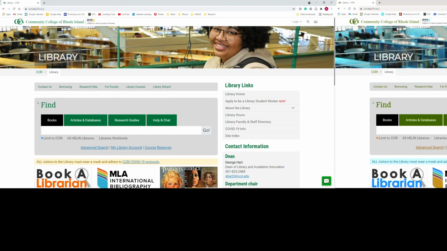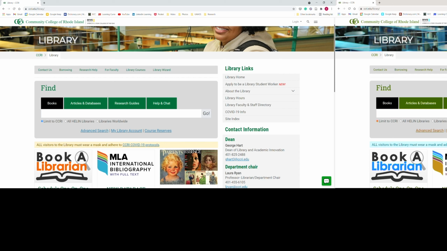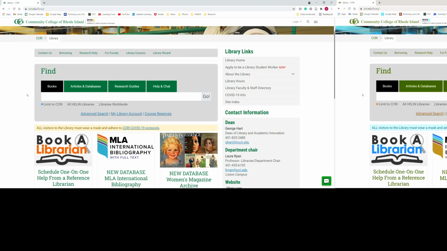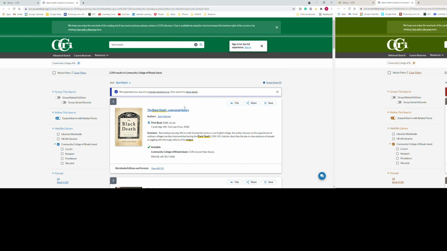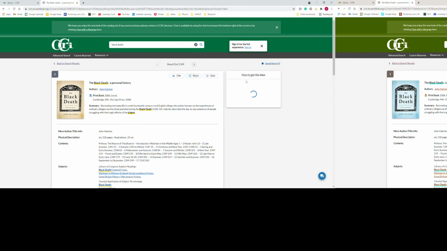A couple of the tabs that you'll want to familiarize yourself with are the books and the articles and databases in particular. One of the things that you'll notice, and I'll show you how to search for books in depth, but the search that we're going to be doing is the Black Death, just as an example. Bubonic plague, sometimes called that. When you search for that and you begin exploring and you attempt to place a hold on something, you attempt to order it,